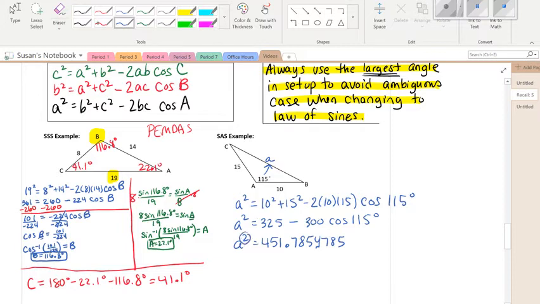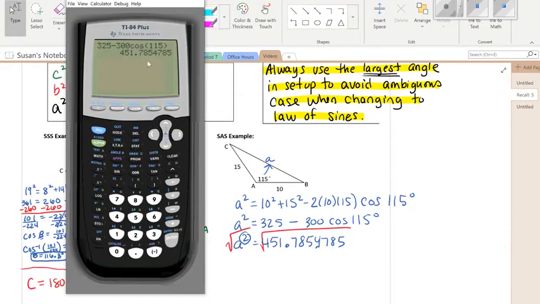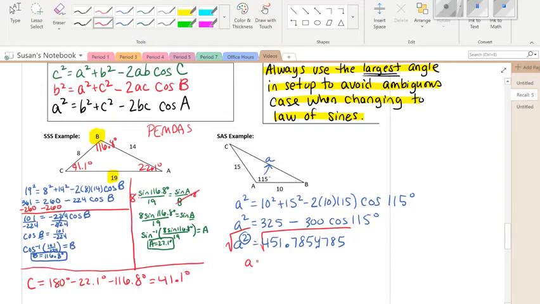How do we get rid of the square? We have to take the square root. Normally you take plus or minus, but we can't have a negative length, so we don't need the negative here. So in my calculator, I'm going to do second square root, and if you hit second and this negative sign right here, notice you get the answer. So I can hit enter, and that gives me 21.26. Since we're doing the side length, we're going to round. So A is equal to